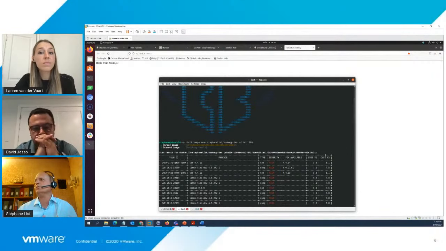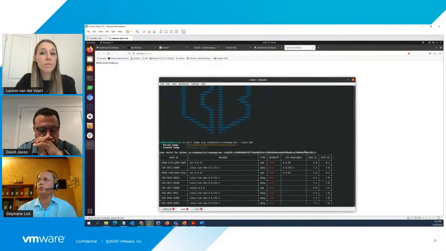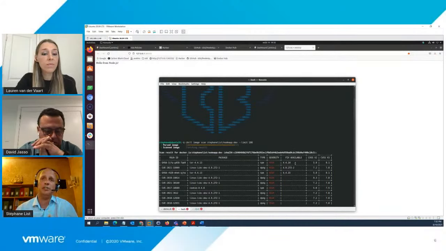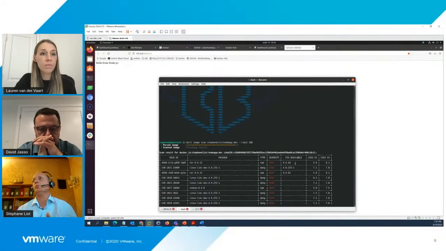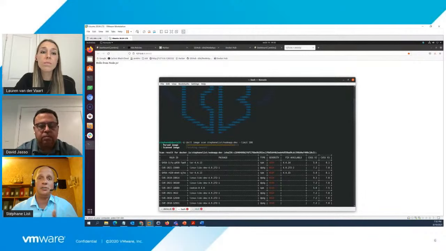It will give you the CVSS score, and it will tell you if you have a fix available or not. Of course, if you have a fix available, you just have to update your package and then create a new container, and that's it. You have really limited the attack surface of your container. Just with one command, you have everything. Okay.